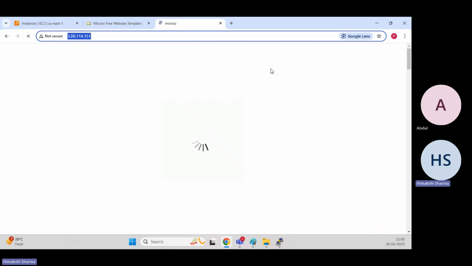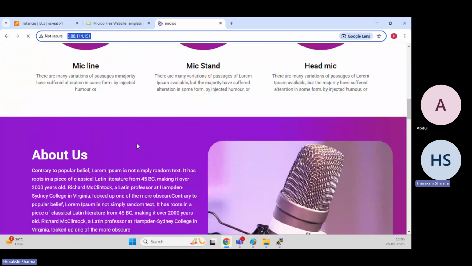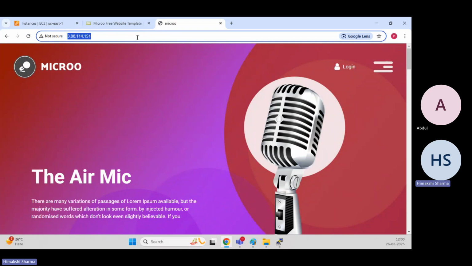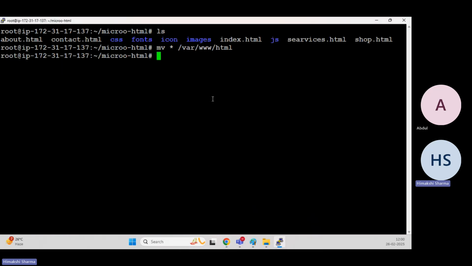It should showcase us the website. Okay, the Air Mic website, micro. This is the website which we were looking forward to have running on our EC2 instance. So that looks better now. But next, what we have to do is